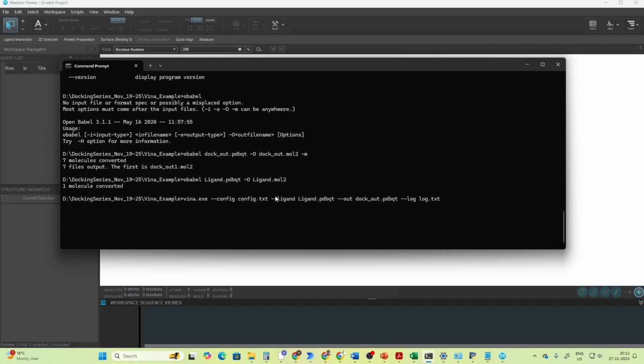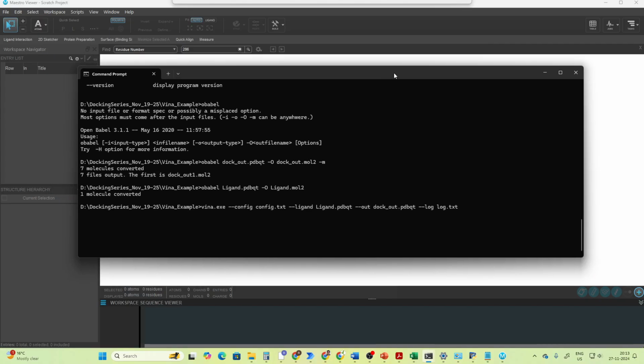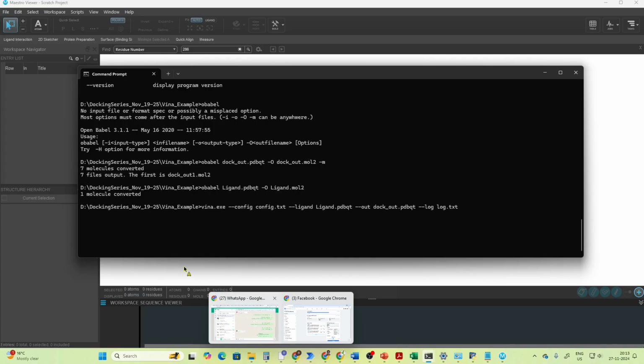And again you have to run this 1,000 times, so it will take time and effort, and it is very hard to manage. So in order to